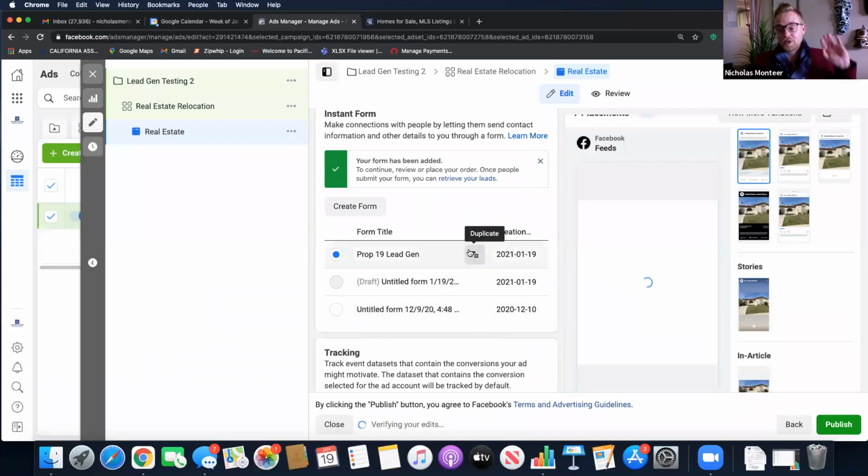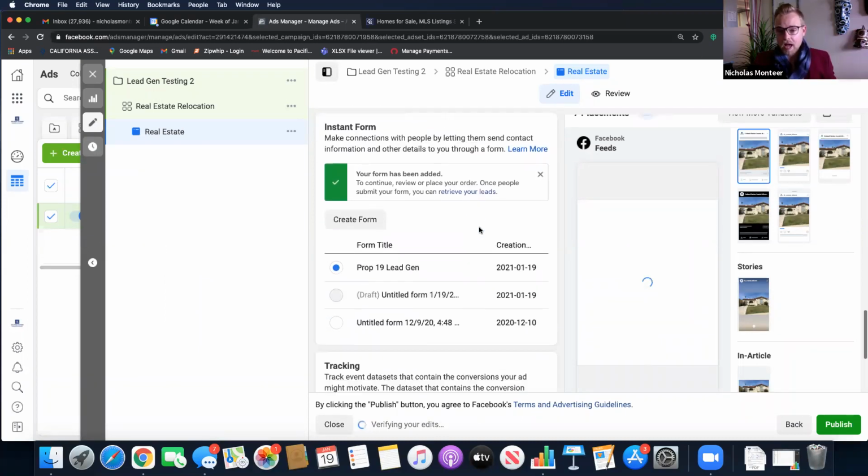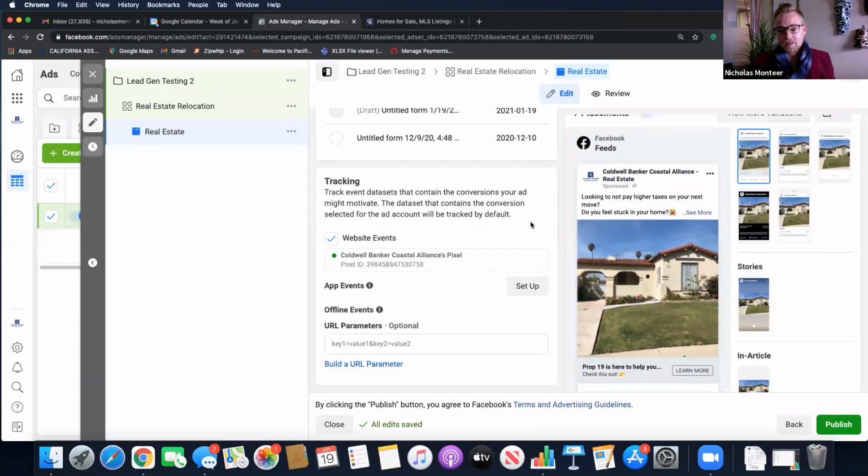So now my form is created. I built my ad, I built my form, and basically you're ready to go. You're ready to rock. The only other thing it might ask you for, if you've never done it, is to plug in your credit card information so that it can charge you. But other than that, guys, you're ready to rock. I would just hit publish, and it will probably be in review for about 24 hours, maybe less, and you'll have a live Facebook ad going. Any questions on that?